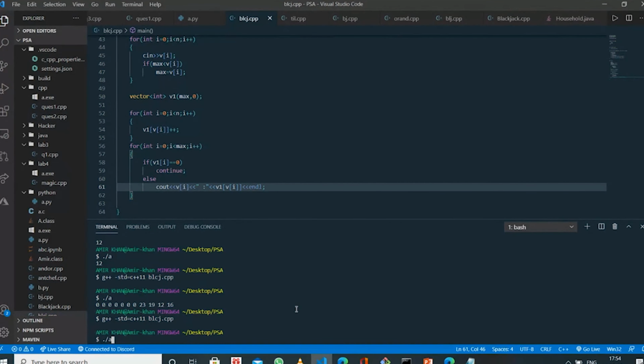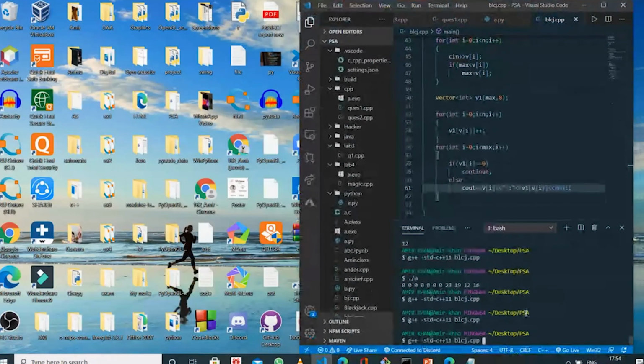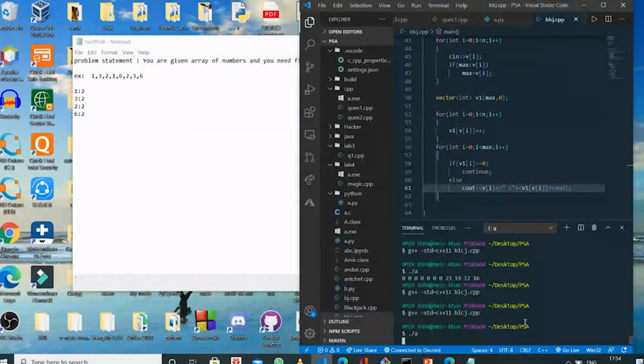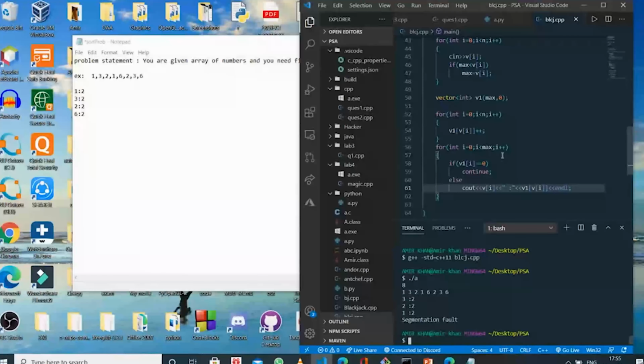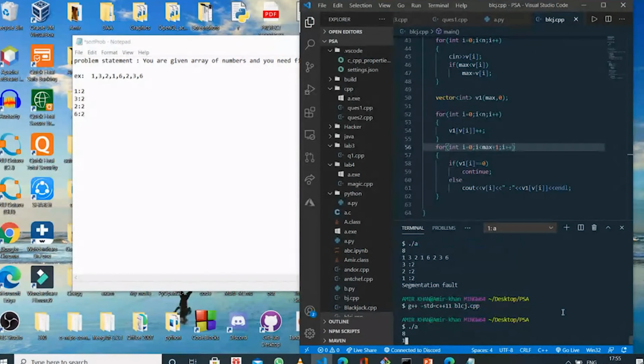So let's run it. First size 8, then the elements 1, 3, 2, 1, 6, 2, 3, 6.